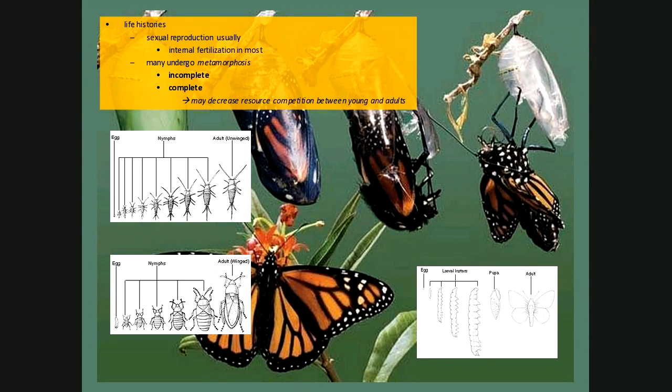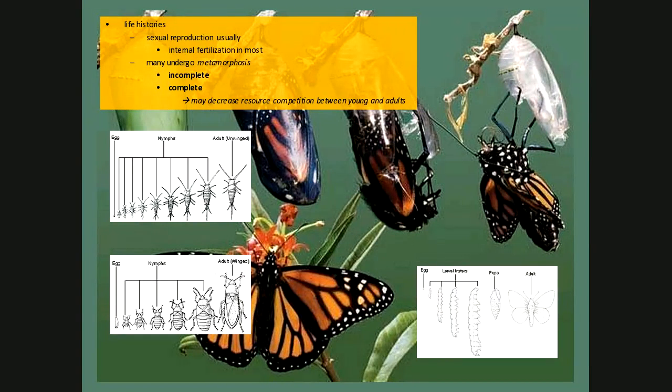Now, other insects, of course, grasshoppers, for example, have what we call incomplete metamorphosis. Sometimes it's called simple. On the left, you can see the two insects that I'm pointing to. I think that's a silverfish, if I remember right. Those are little insects that crawl all over the place in your closets all the time. Anyway, the younger ones are just smaller versions of the adult. So that's incomplete metamorphosis.